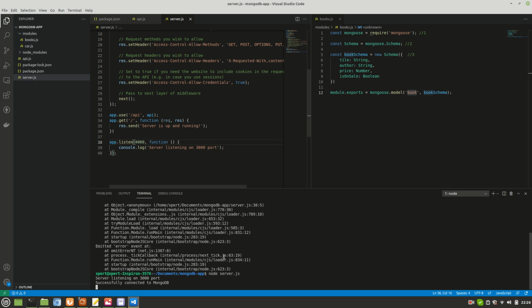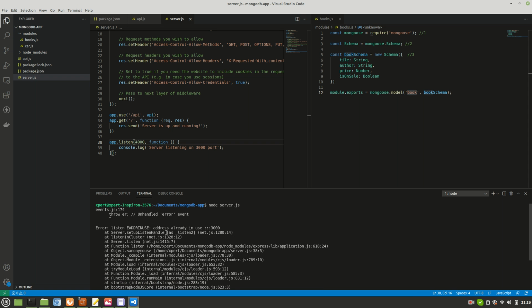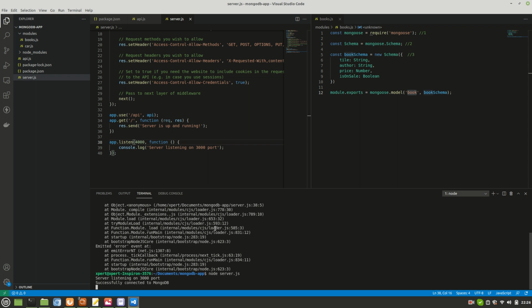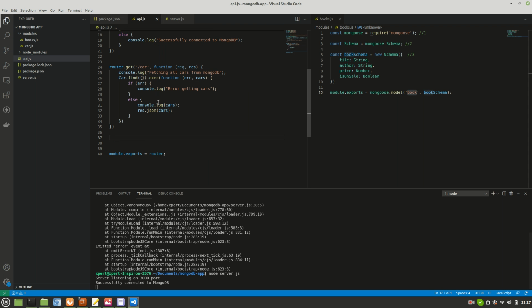So here was the fix, guys. I don't know why it was complaining that the address is already in use 3000. So what I did, I went back to the server.js, and instead of port number 3000, I just changed it to 4000. The console statement still says 3000, but let it be just a console statement. Now it should not complain, but this is not the right time to fix these errors.